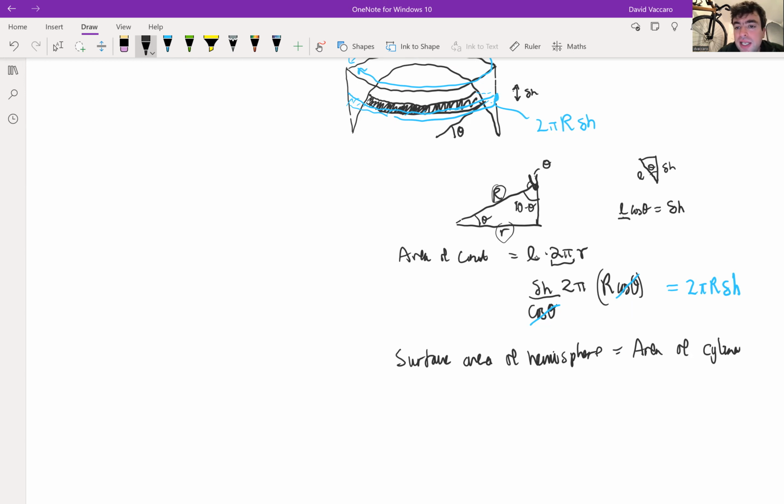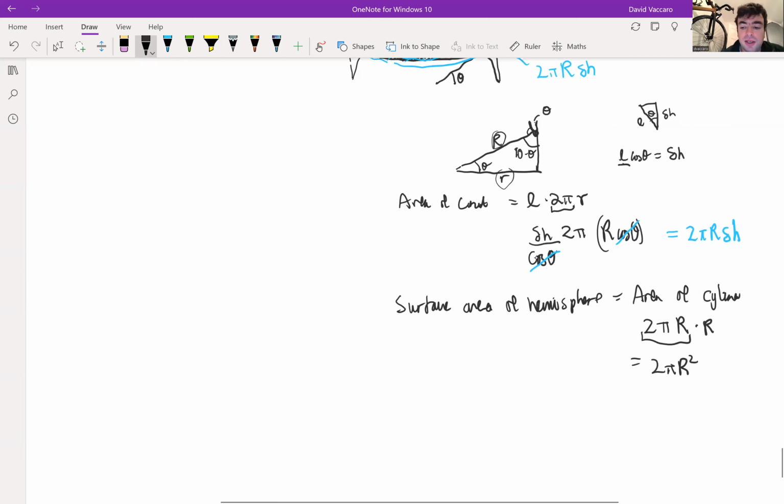But the area of the cylinder is just 2 pi r, which is the circumference, times its height, which is r, so it is 2 pi r squared. And then if you double up, you get the surface area of a sphere is equal to 4 pi r